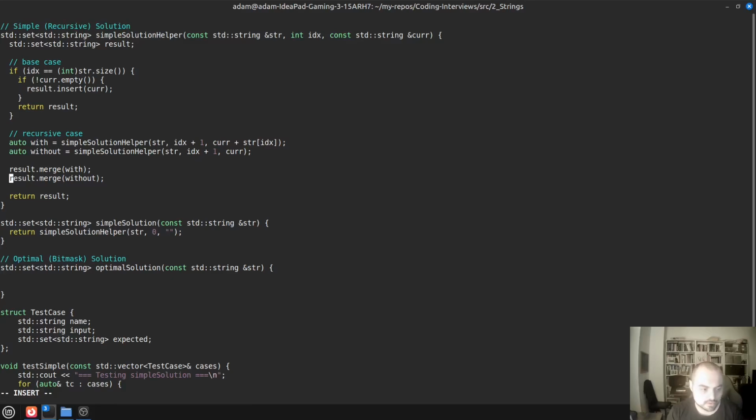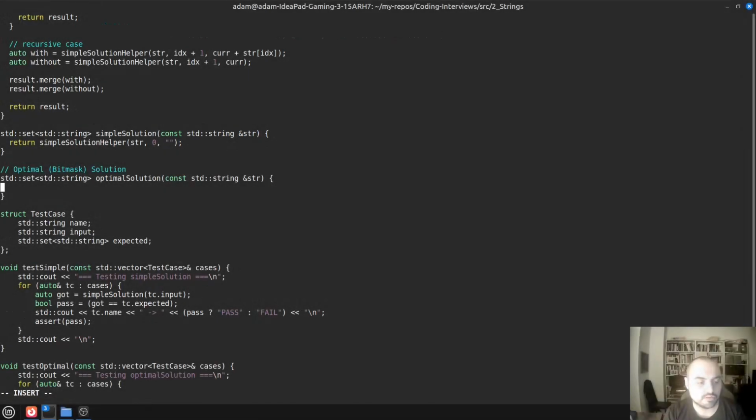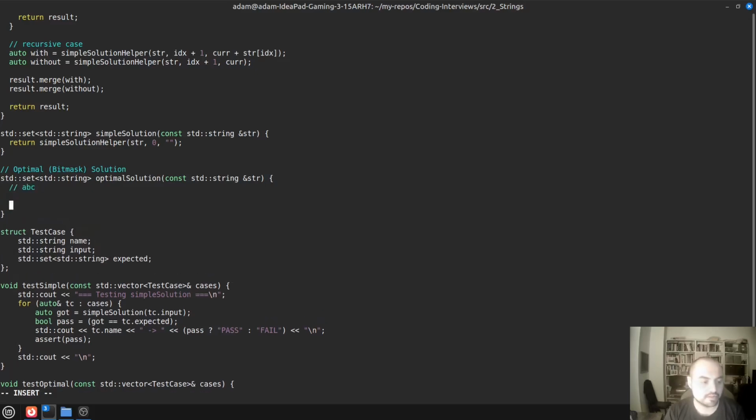So this one was recursive, and here we are using bitmasks plus iteration or loops. So the idea here, as we said already, is to use masks. And let's say we have our example ABC, and we apply the following mask 0, 0, 1. And so the 1 represented in binary, and I use just 3 digits because we have 3 characters. And that mask, after applying that mask, we would get a single character, the one at that position, which is